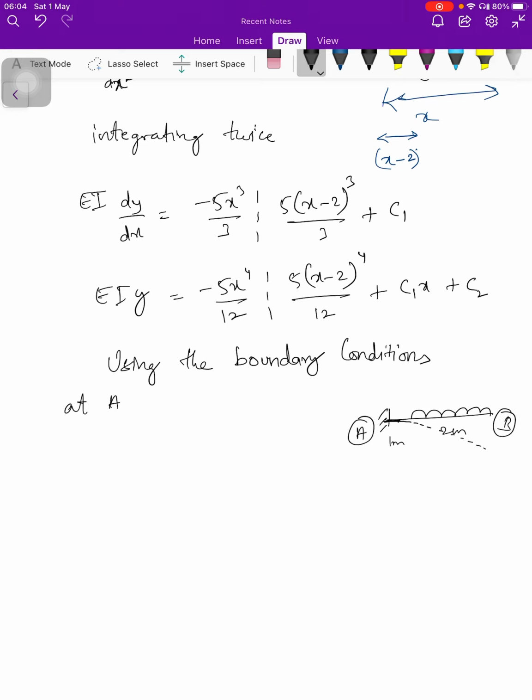At A, x is equal to 3 meters. x is measured from the free end. So x is equal to 3 meters. What you have is dy by dx is equal to 0. So this is equation A and equation B. Substitute the first boundary condition in equation A. 0 is equal to